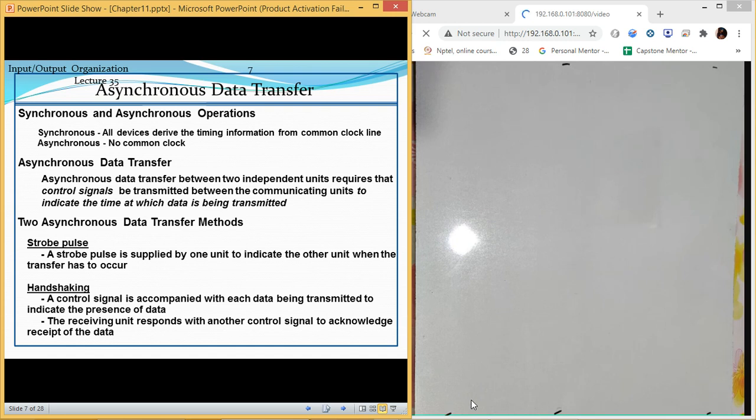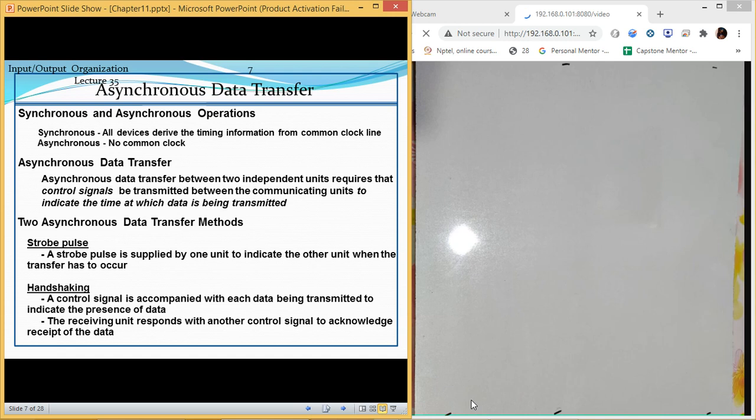A single clock is used to maintain the synchronization between different devices. All these kinds of devices are known as synchronous devices. When we talk about asynchronous devices, they don't have a common clock. The clocks are different, and all work according to their own clock. In the case of asynchronous, it is a little bit difficult to make the synchronization, whereas synchronous devices already work in a synchronous fashion.